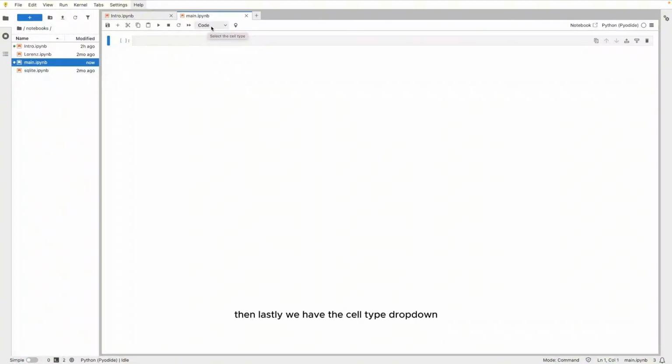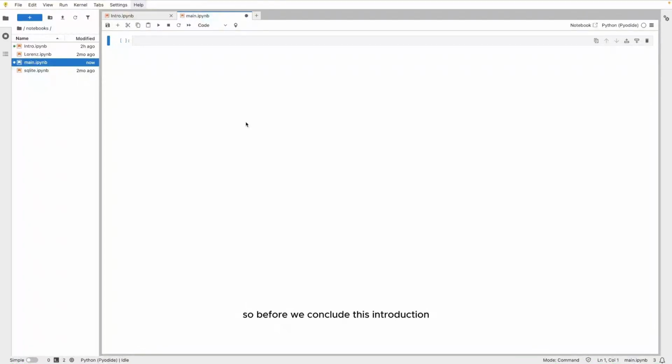Then lastly, we have the cell type drop down. The cell type drop down lets you choose if a cell is for writing code or writing text using Markdown. Usually we'll use code, or Markdown for notes. And that's it. These are the basic tools you will use the most.